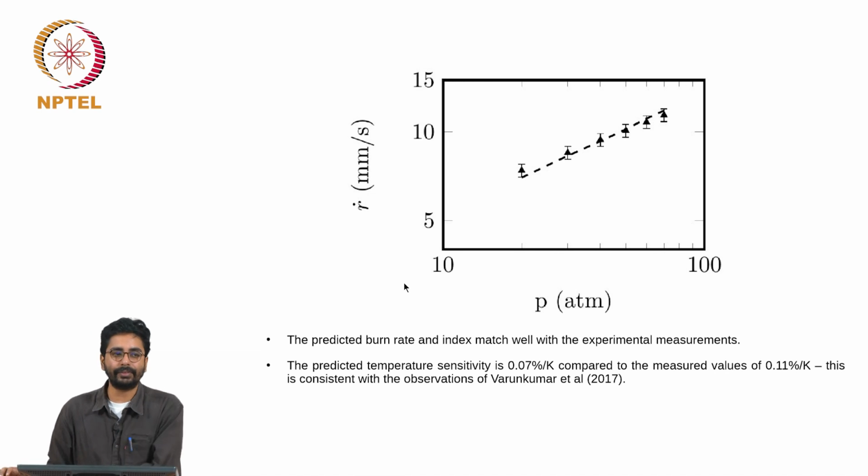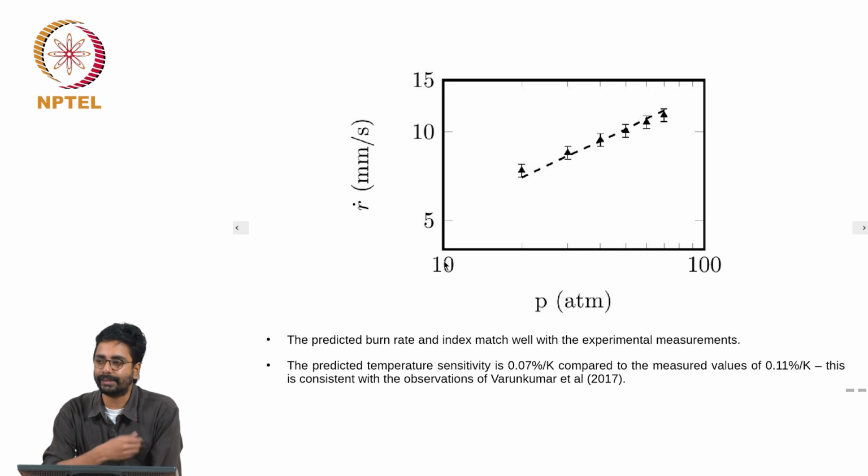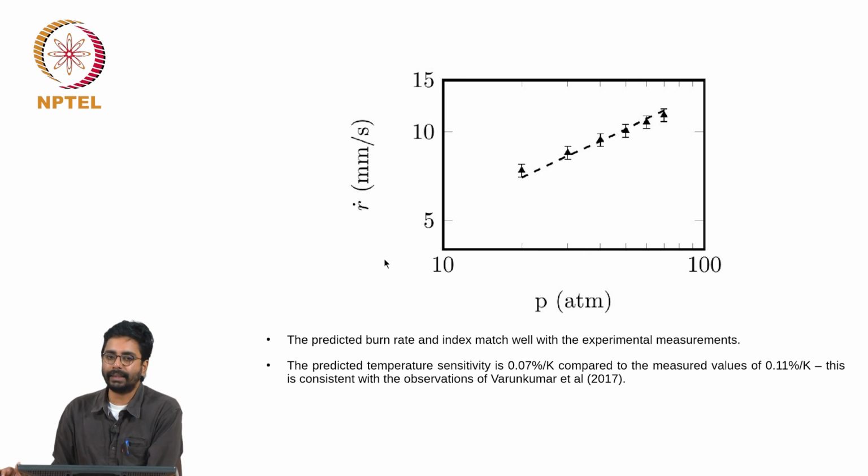Anyway, let me mention this. In the model, the data that is used for estimating parameters is the data that is available for ultra pure AP. It is known that ultra pure AP burns at 3.3 millimeters per second at 20 atmospheres with a surface temperature close to 870 Kelvins and has a temperature sensitivity between 0.16% per Kelvin and 0.18% per Kelvin. It is known that impurities present in AP increase the